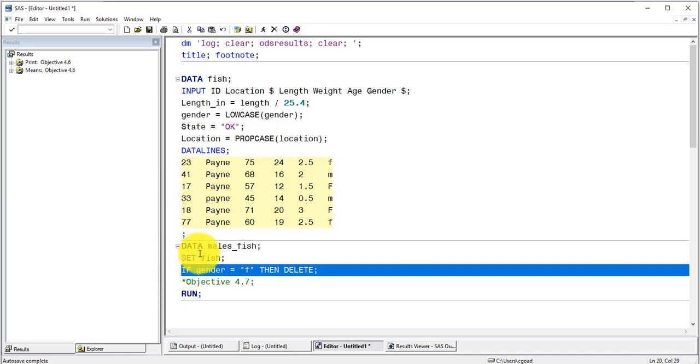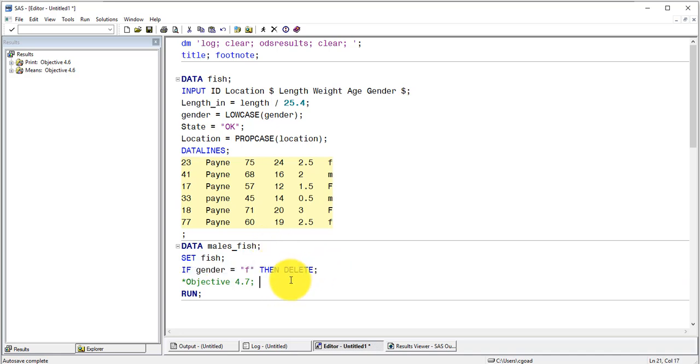In this case, the dataset fish is left intact. It's the dataset males that's being affected by this if then delete action, and this is objective 4.7. So if we run this, notice all I have is a data fish and a data for males fish. There's no procedure in here generating printed output. Okay, so if we run this,